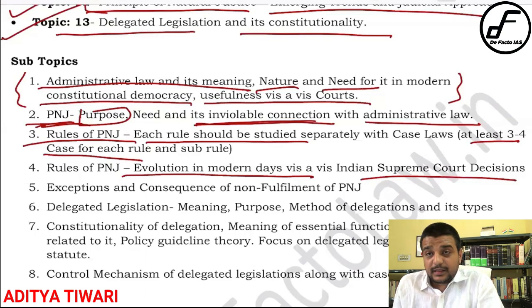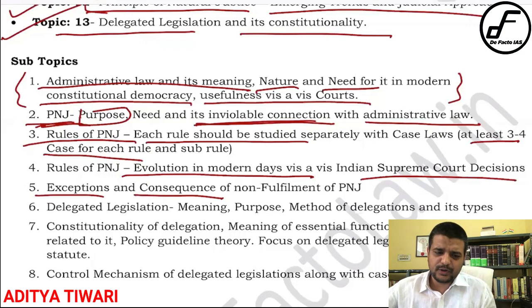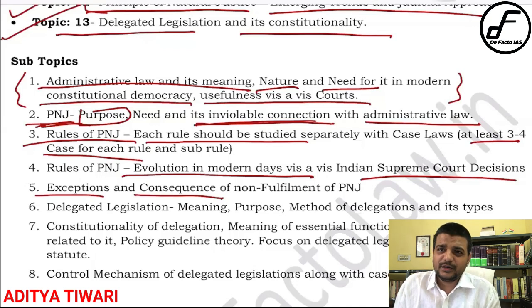Then after studying this modern and progressive approach, you have to come to the exceptions, right? So 2 things are there basically, exceptions and consequences. There are certain categories of exceptions, you must be knowing, like in the case of emergency or where the inquiry is not feasible. There is a very interesting case law also. Some boys were punished by the administrative machinery of a college because they were doing something with the girls' hostel. Then in that case the court held that it is not practicable to hold an inquiry